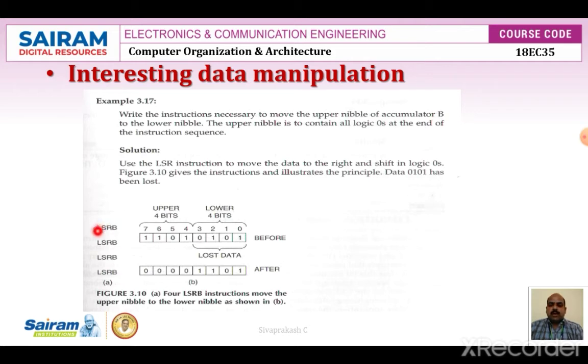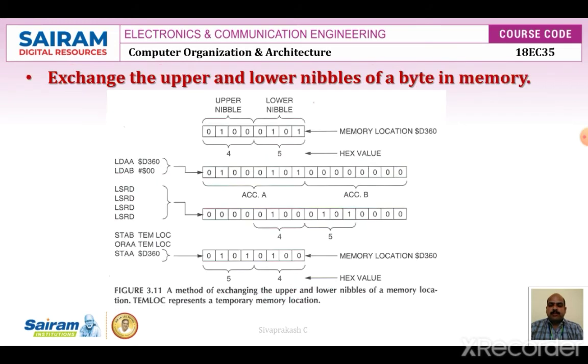So logical shift right of register B, 4 times. What happens is the data moves towards the right hand side. And after the execution of this instruction, the data present will be 00001101. If you observe this, the upper nibble of the previous data has moved to the lower nibble, whereas the present upper nibble is